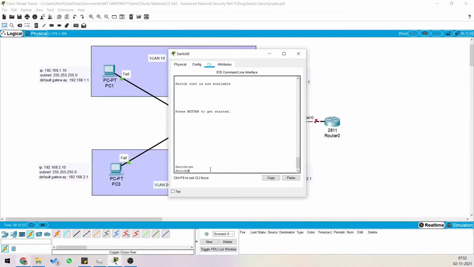Exit, enable, configure terminal, go to interface F0/1, the first interface, change the mode to access, then add it to VLAN 10, then go to interface 2,